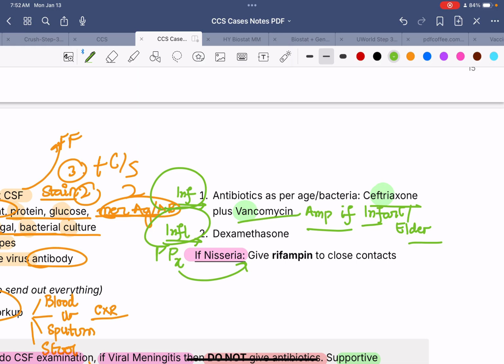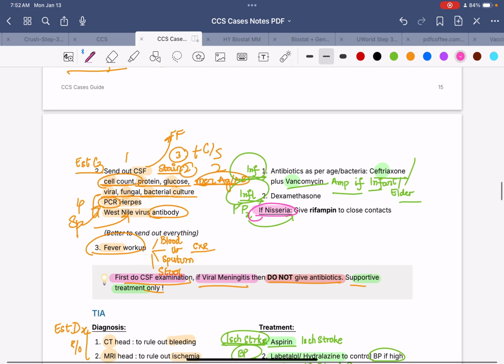And then if we find out that it's a fungal meningitis, we can of course give treatment accordingly and give amphotericin B. And if it is tuberculous meningitis, then of course the right protocol. And for the control of inflammation, we have dexamethasone. And if we find out that it's bacterial and Neisseria meningitis, then we are going to give rifampin to the